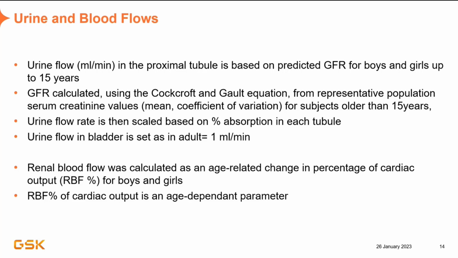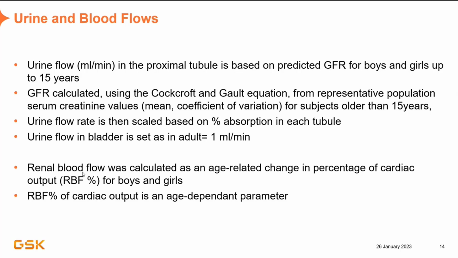This value can be between 1 to 2 milliliter, but in the adults at the moment it's 1, and it's assumed the same in the pediatrics too. This value can be a little bit lower at some points or higher based on the co-medication, physiological condition, diseases and everything. You can change these, and you can change the fractions as well, instead of assuming fixed fractions. And the renal blood flow, I also mentioned, is a fraction of cardiac output, and this fraction will change with age. It's not a fixed one.